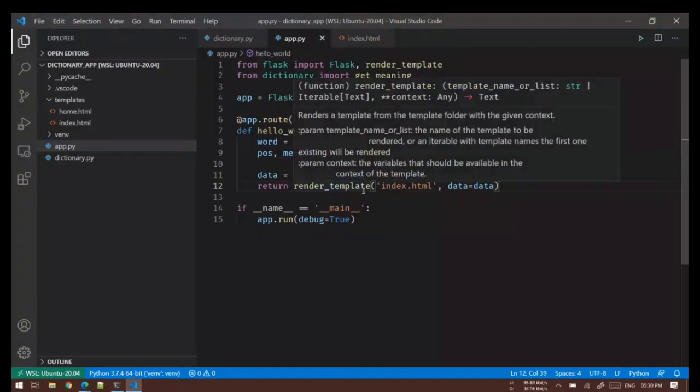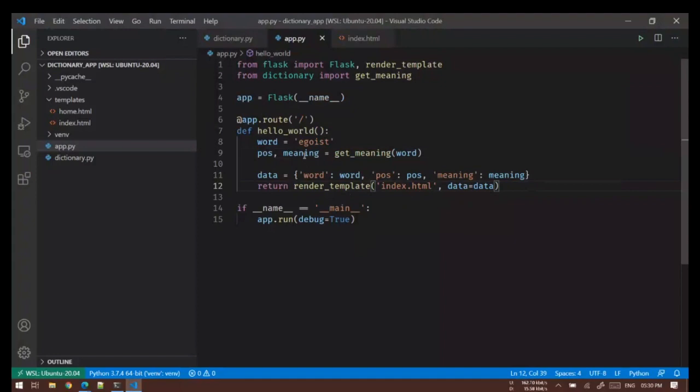So now all we need to do is learn how we can take this word from the front end. So we know the output part. Instead of standard output, we are displaying the things in the front end. So that part is taken care of. Now the only thing that we have to learn is how do we take this thing as an input.